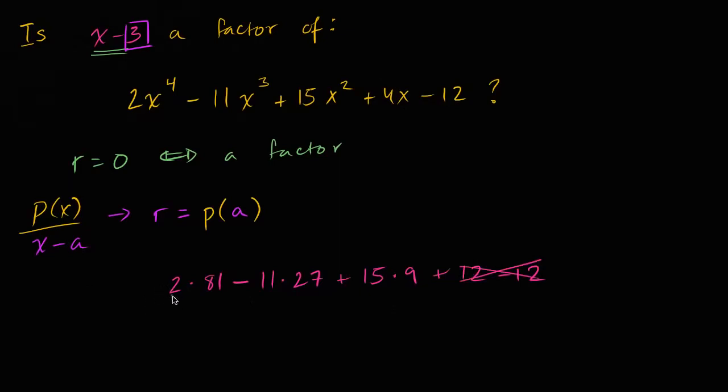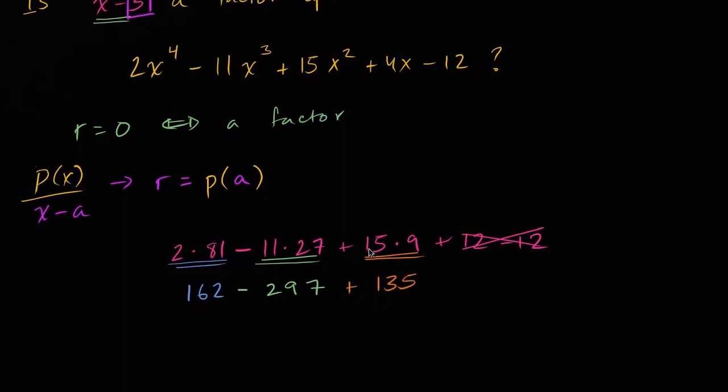And so the rest from here is arithmetic. 2 times 81 is 162. Now let's think about what 27 times 11 is. So let's see, 27 times 10 is going to be 270. 270 plus another 27 is minus 297. 297. Did I do that? Yeah, 27 times 10 is 270 plus 27, 297. Yep, that's right. And then we have, I'm prone to make careless errors here. See, 90 plus 45 is 135. So plus